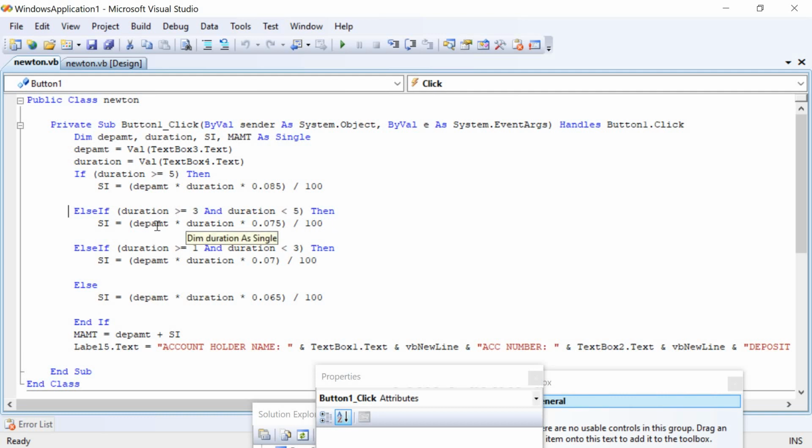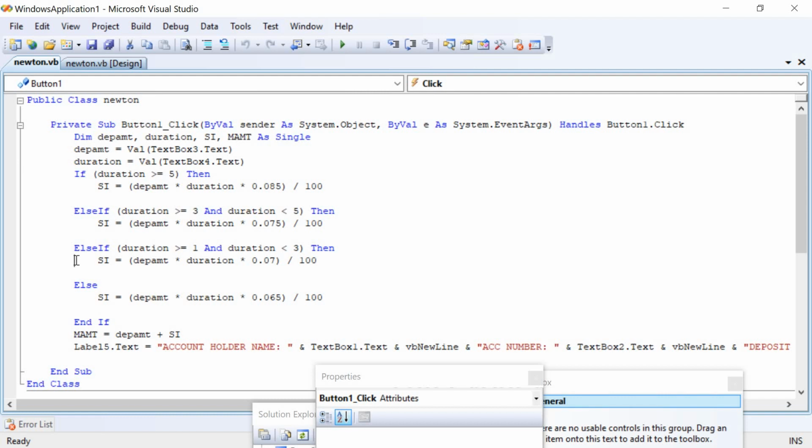Then coming to the third condition, if it is below 3 years or above or equal to 1 year, in that case we have duration greater than or equal to 1 and duration lesser than 3.